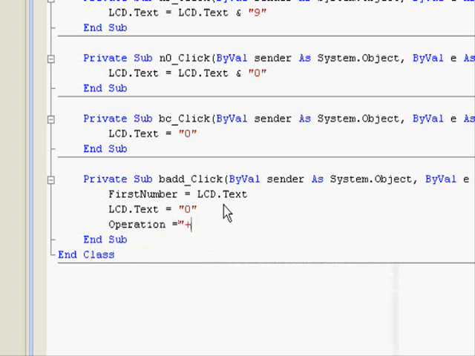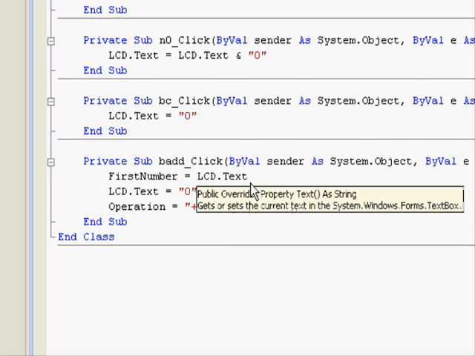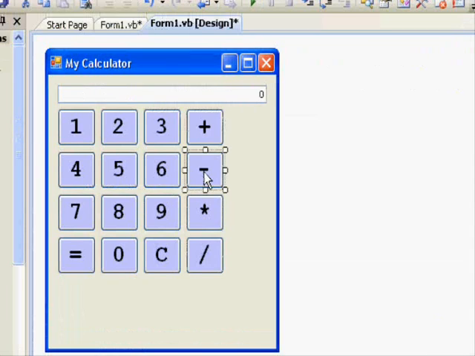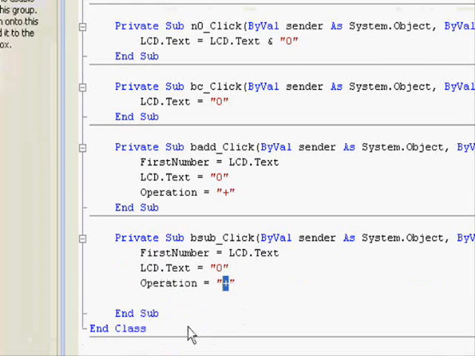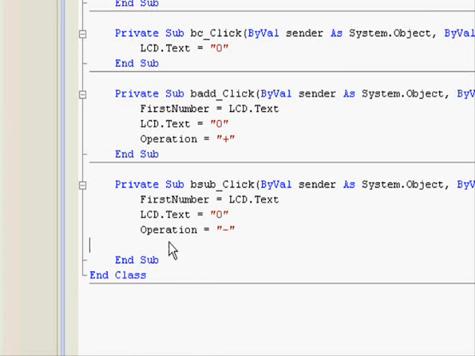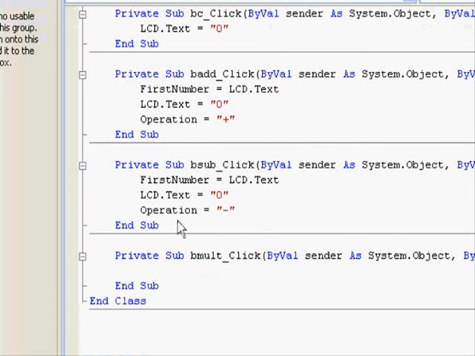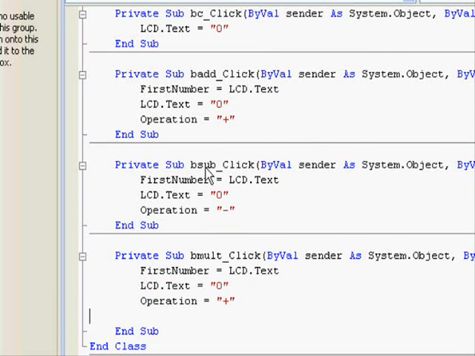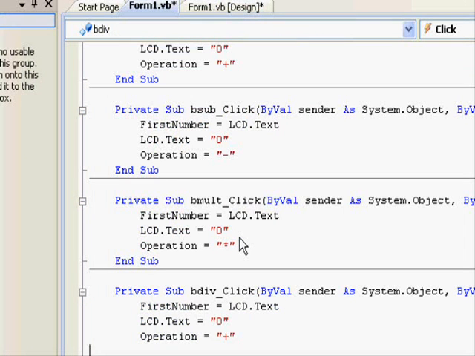Now we will write similar code for the subtraction, multiplication, and division. So double click on the subtraction. We will copy this code from here, paste it here. This one will be minus. Again, double click on the multiplication, paste this code, and this is the multiplication, and division, this is the division part. Okay,